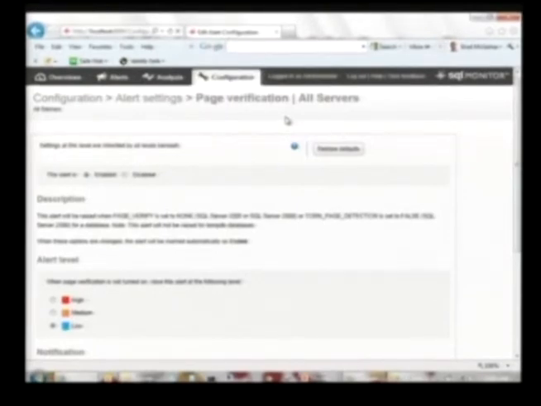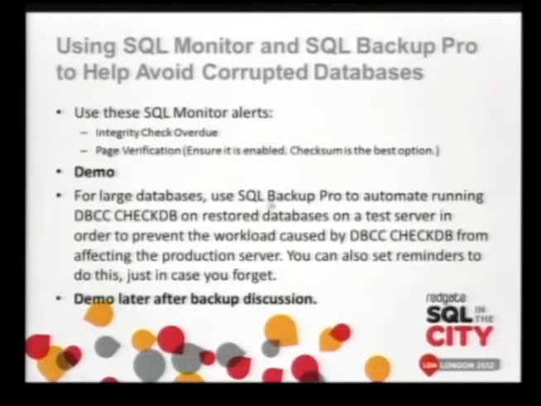Now the other thing I want to show you, let me see if my demo is ready. Oh, actually I'm going to save this demo for a little bit later. I'm going to mention it now and demo it later. As I mentioned before, one of the recommendations is if you can't run CHECKDB every day, because you don't have the time frame or it's too resource intensive, it's best to do it offloaded onto another system. SQL Backup Pro now has the ability to do it for you automatically. But I'm going to wait and show you a demo of that in a moment, because I actually want to do two demos in one. A lot of people don't do this because it's a pain in the neck to set up a manual job to go out there and restore a database or run DBCC CHECKDB on it. But we can automate that for you.